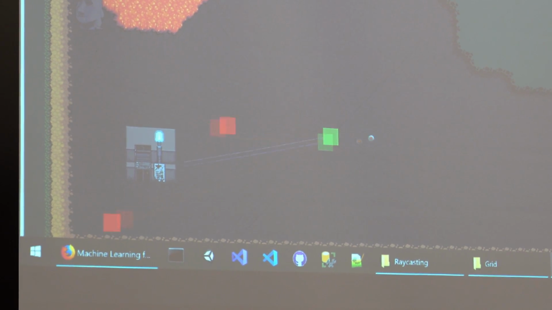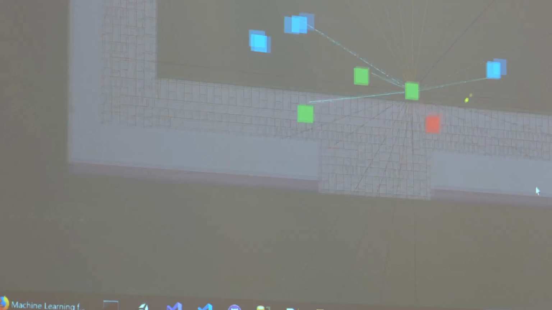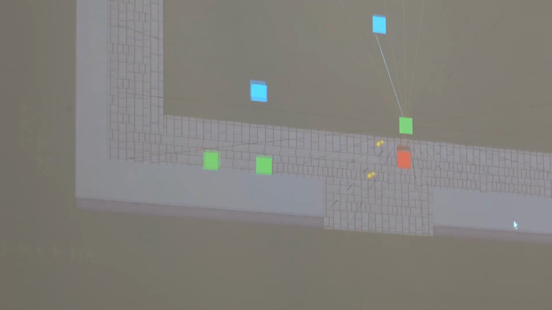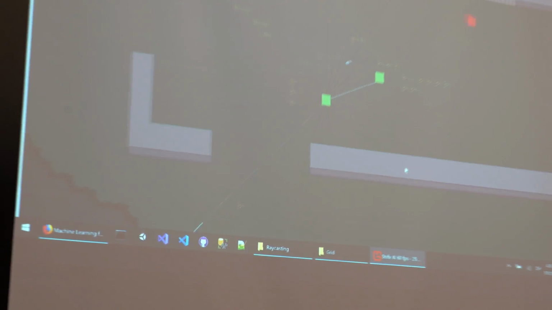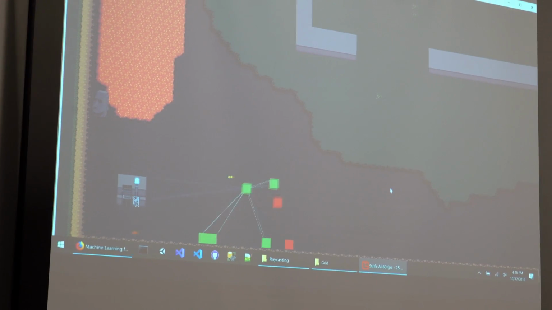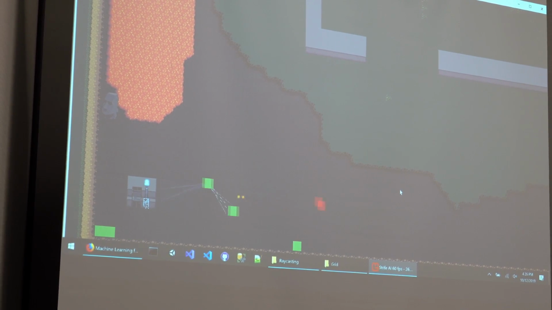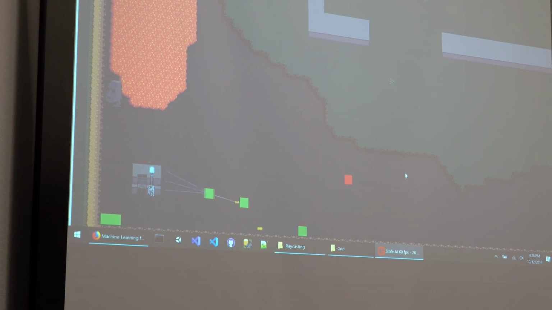So here's this base where enemies pop out every 30 seconds or whatever. I can go train all these guys to go off to battle. The ones that ended up here in the corner, they don't know how to get out of the corner. You have to show them how to get out. And as soon as you show them, you can see that other guy is just following along with me because he knows what to do now. The ones that are stuck in this corner over here, you just gotta show them how to get out of the corner.